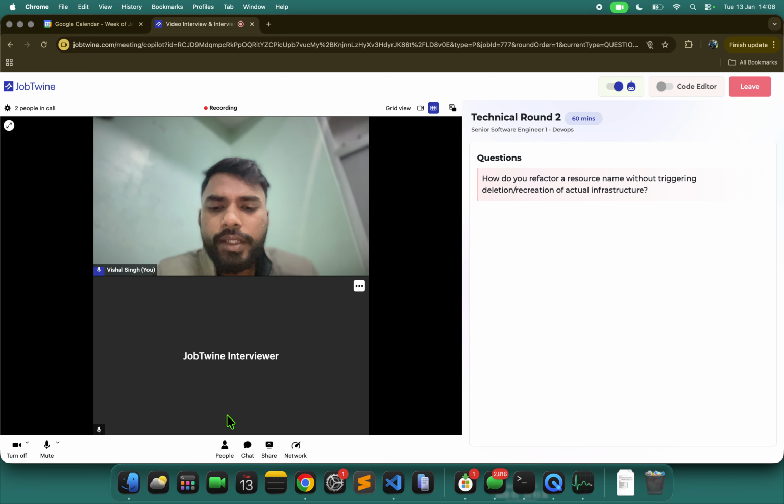Okay, so I can use particularly like the variable I use, let's suppose I'm doing this for any of the EC2 instance. So we'll have the aws_instance or the resource which we have. I can change that particular name so that that resource block will think, okay, this is the new resource. So the name will be changed in the Terraform code, but the actual cloud resource will be the same with the new configuration.